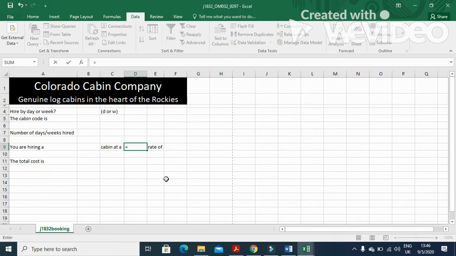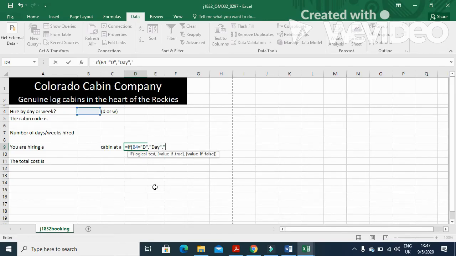So equal to IF, then bracket start, if this cell B4 is equal to D, then in the bracket, because it's a string, it's a day, then you just show here daily,